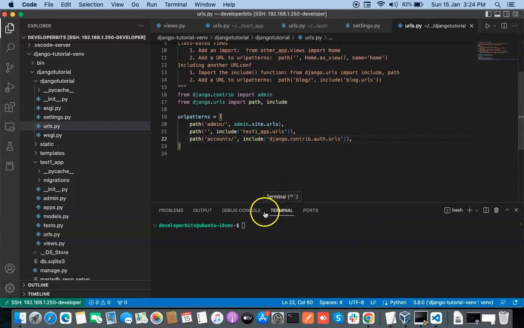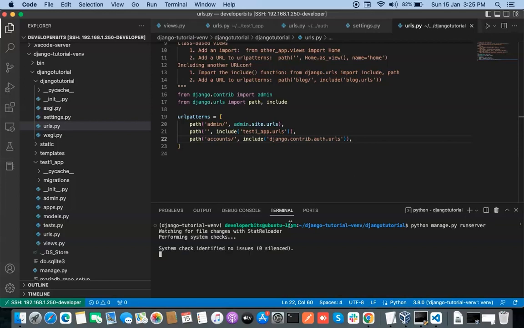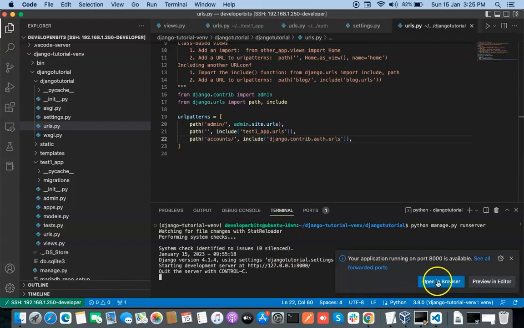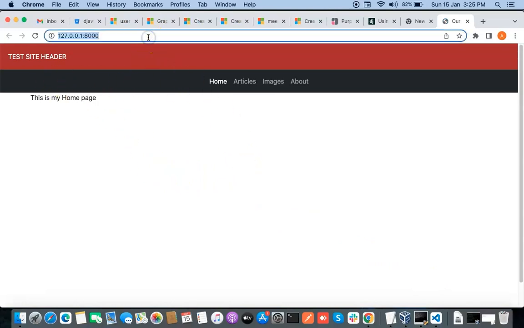and let us run our project. Let us go to the virtual environment and activate the environment. Let me do it quickly for you, and let me go to the directory, and let me clear the screen, and we are running our development web server, and it will start the site. Just open it in the browser, and you can see that our site is running,